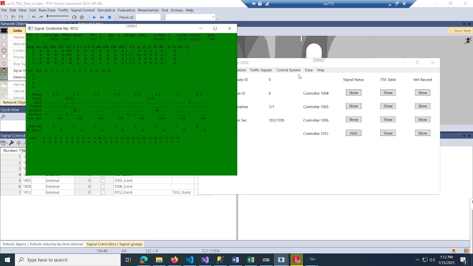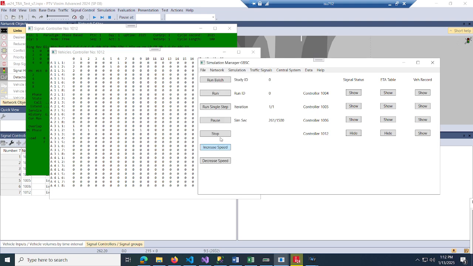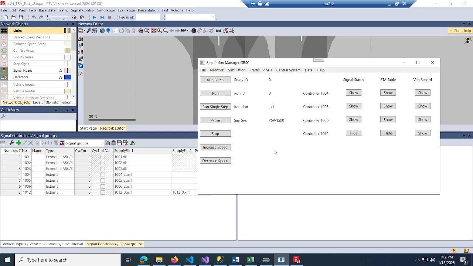And yeah, there are other things. Oh, maybe this is actually randomly getting these values from what we have set up for the other controller. So it is randomly getting some values. So this is how we can set up the detector and run the simulation. Very simple. And in the next video, I will show how we can set up